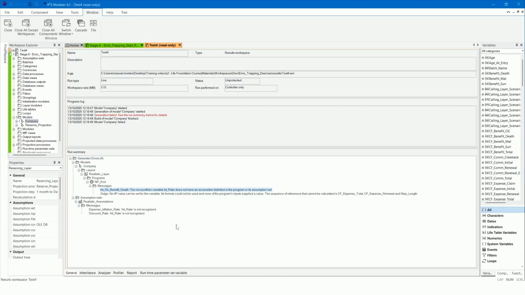The following error message says, "int on benefit death. The non-portfolio variable, int rate, does not have an accessible definition in the program or its assumption set." This error is similar to the one with the variable mortality rates.